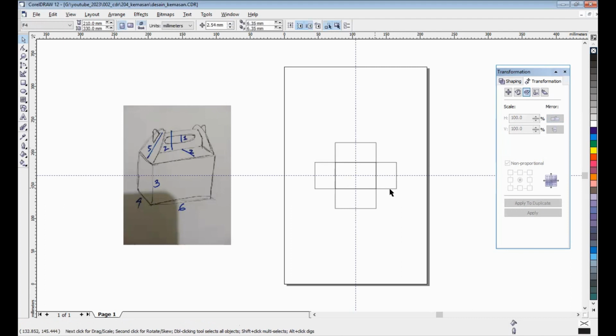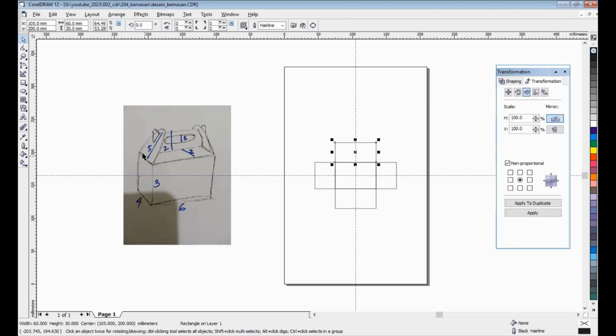If we want to make this result, it will be a box. Yeah, it will be a box. Now we can create a closure for this box. Maybe 2, a bit 2 because here, and with 6 centimeter. Okay, Control C, Control V here.